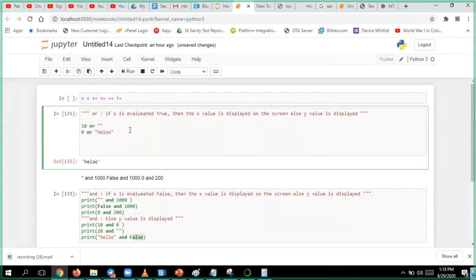If you have three things here, and something is there, and hello, first it will evaluate this one. I am least bothered what happened over here till here.